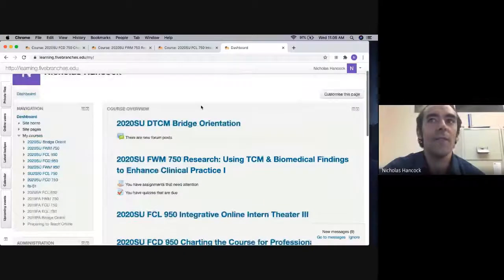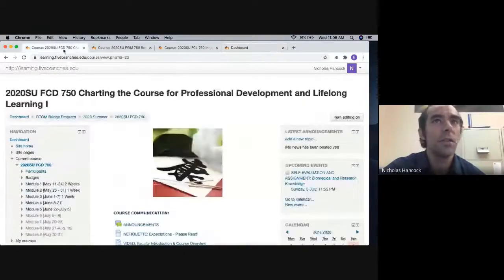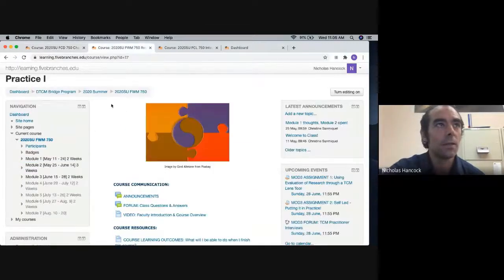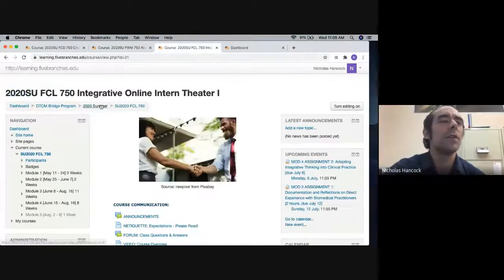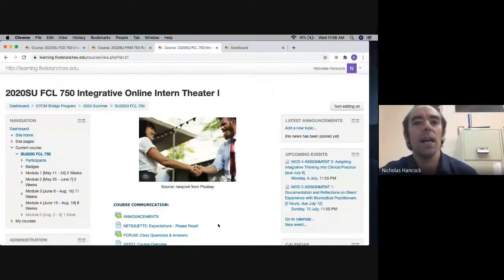What I have already pulled up are the three courses in the first term of the curriculum: Charting the Course for Professional Development and Lifelong Learning 1, and Research Using TCM and Biomedical Findings to Enhance Clinical Practice 1. You can see these are all the current terms I'm currently offering, 2020 summer. We also have Integrative Online Theater 1. So here's the lineup for the first term.